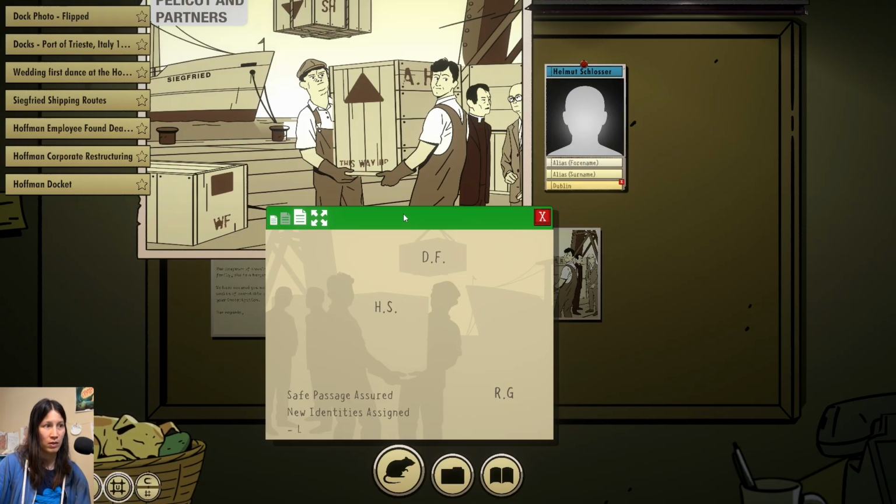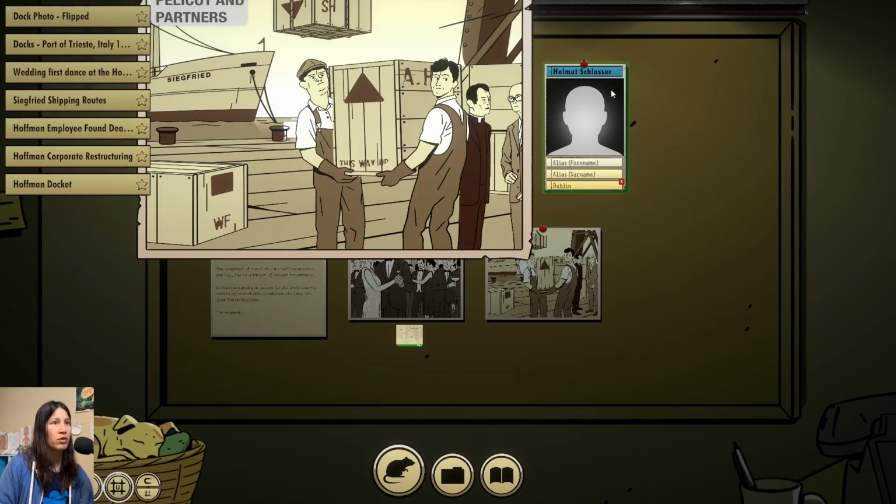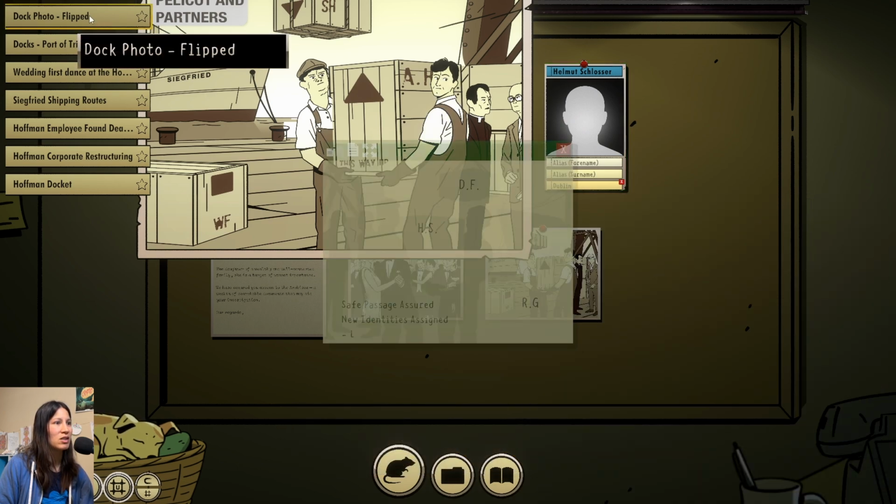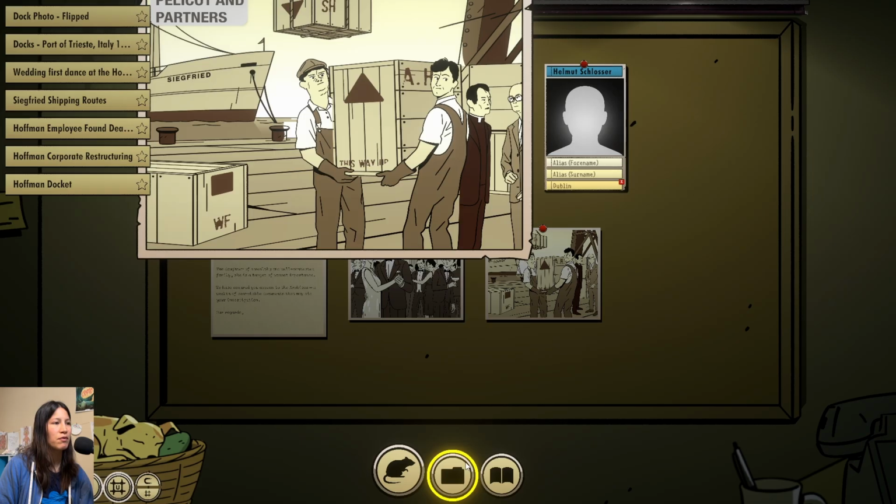AH goes to HS. Oh, because that is upside down. It should be, because it's HS, not SH, so that is upside down. So, HS goes to DF, WF goes to RG. So yeah, they're both in the same spot. But how do we get the... They haven't found,